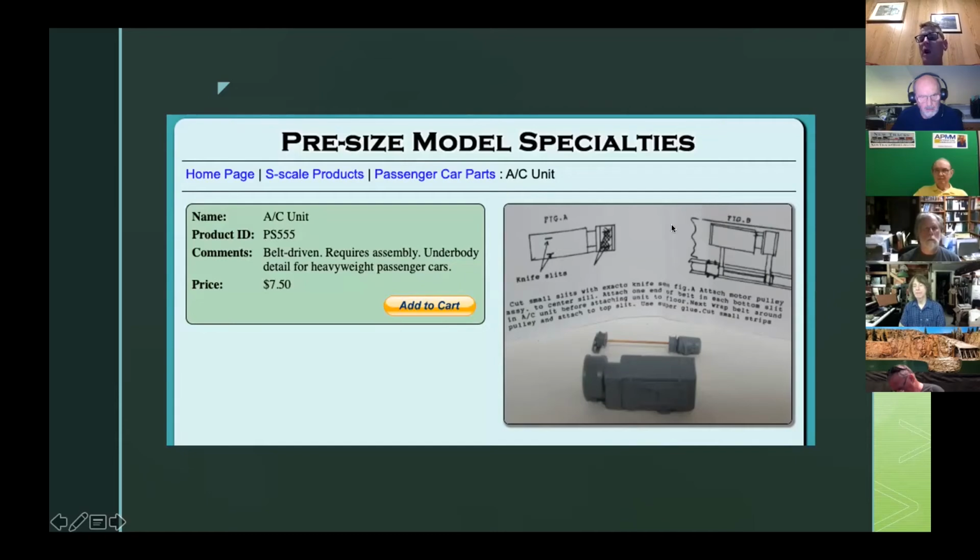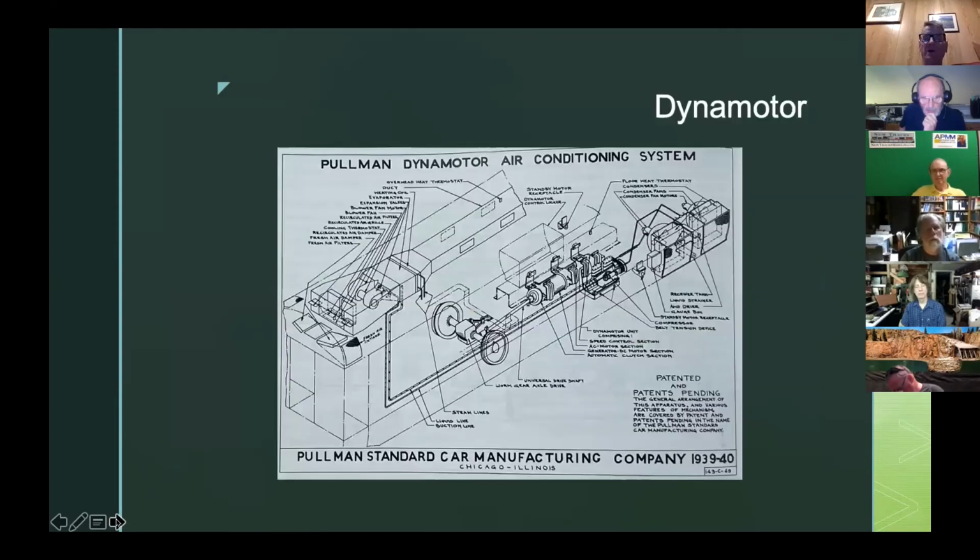This is what I'm going to say is the rarer type, because I've crawled under a few Pullman cars in my day and I've never seen one of these. Okay. The other ones I've seen all have this little box that runs off of a universal thing off the truck. And I probably should have included a picture, but I can't find one. I'm having some issues with my storage of pictures. I've got some that are here, there, and everywhere else. So anyway,